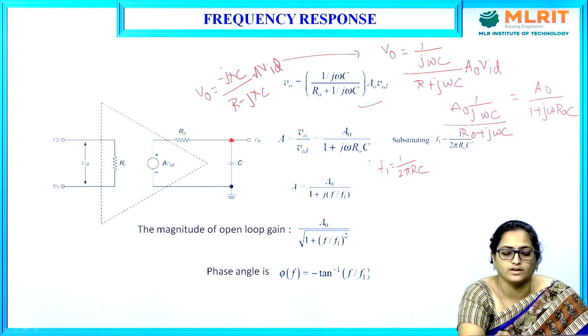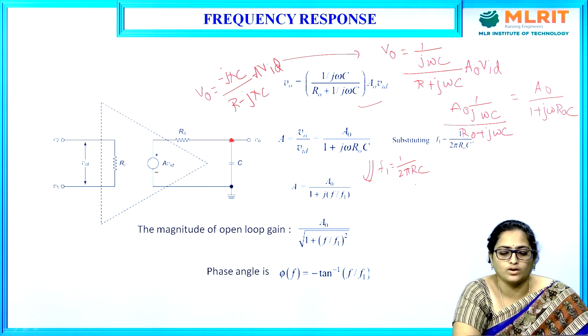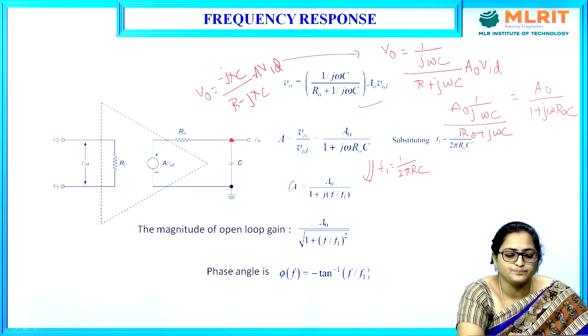You can rewrite this expression as A is equal to A0 by 1 plus j F by F1, where F1 is equal to 1 by 2 pi RC, where A is the gain and A0 is the open